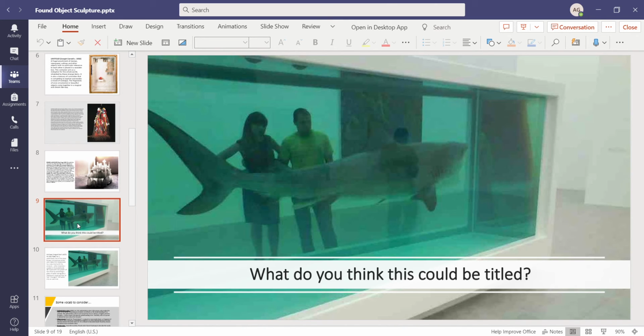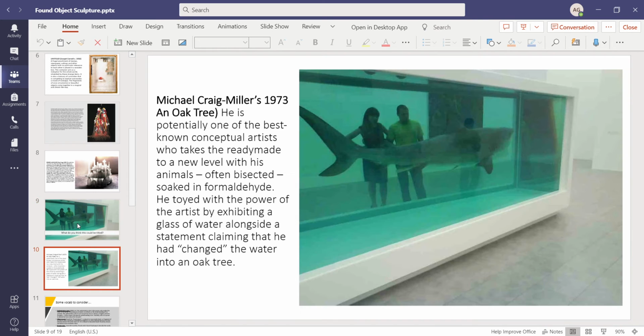So what do you think this artwork could be titled? This artist likes to take preserved animals that were used in labs and science and stuff, that are preserved in formaldehyde and chemicals, and display them. When I asked classes, they said, well, this could be called Shark Tank, Shark in Water, Water, Jaws, a lot of very straightforward answers. So the actual title of this piece is called An Oak Tree by Michael Craig Miller